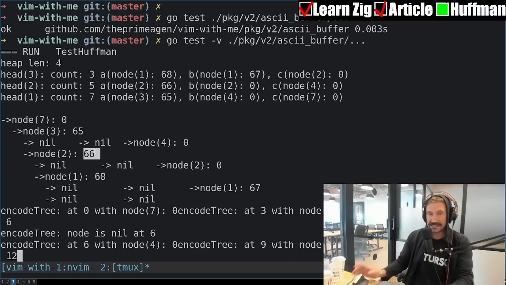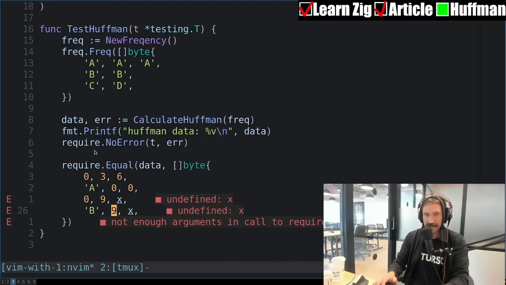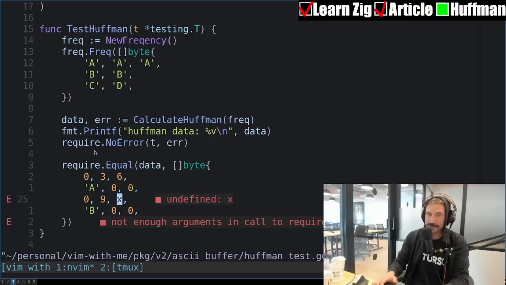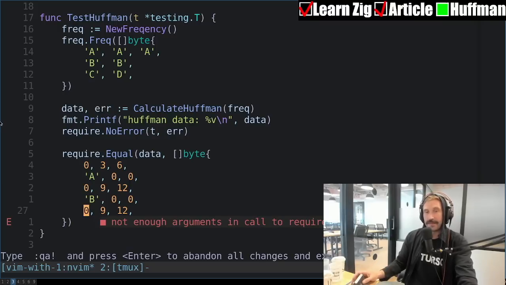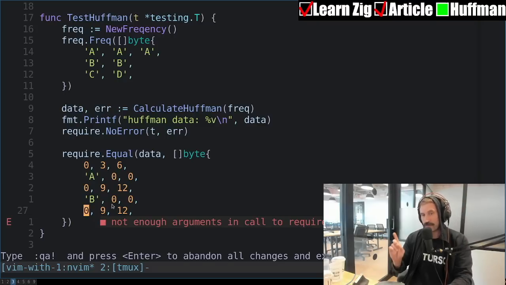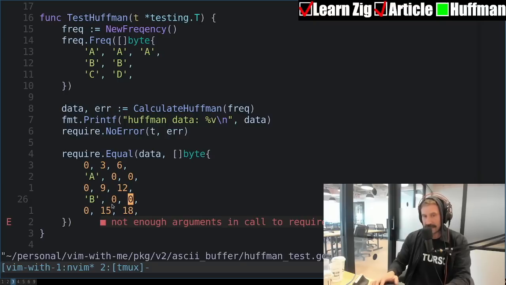The 9 should be 66, which is a B. Now, if I've done this correct again, remember, it should be 0, 0. Which means I should have 15 and 18.